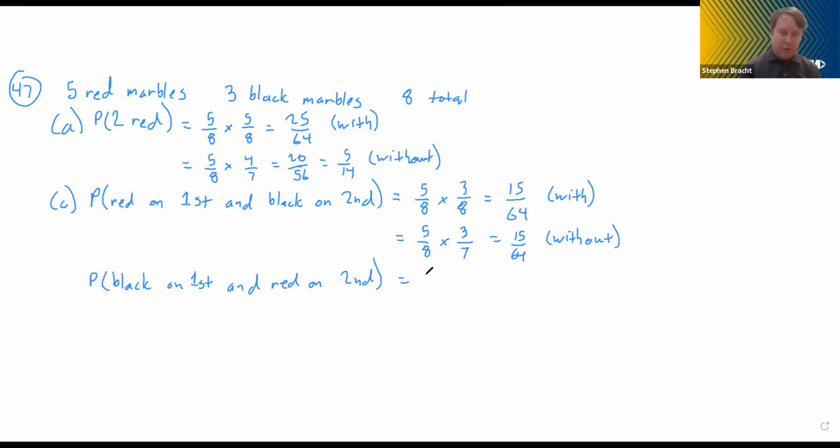So with replacement, probability of getting a black first would be 3 black marbles out of 8 total, right? And if I replace it and then go to pick a second one, the probability of getting a red one would be 5 out of 8, right? Because both times we're selecting from 8 marbles. And this equals 15 out of 64. This is with replacement. Without replacement, the probability of getting black on the first would be 3/8. And if I don't replace it, there's only 7 marbles left when I go to pick the second one, right? So the probability of getting a red one would be 5 out of 7, or